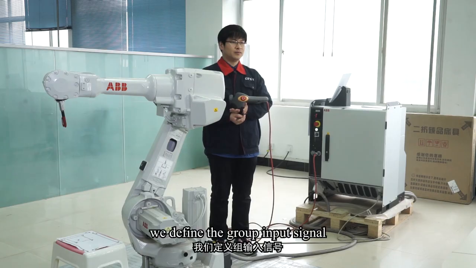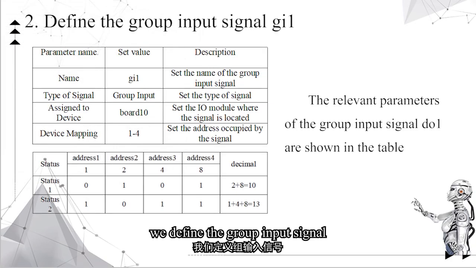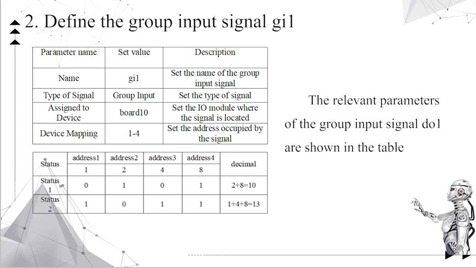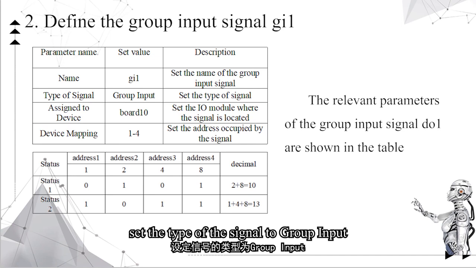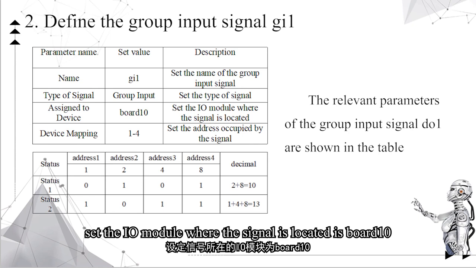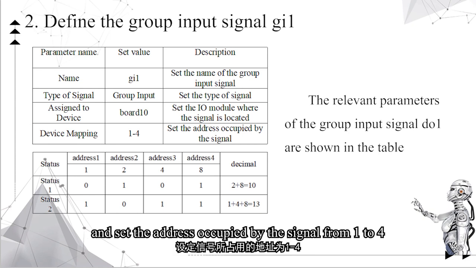Next, we define the group input signal. Set the name of the group input signal to GI1. Set the type of the signal to group input. Set the I/O module where the signal is located as board 10, and set the address occupied by the signal